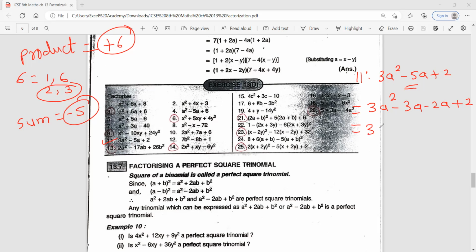Okay, so what do you get? 3a common. Inside a minus 1. What common can you take here? Minus 2. What do you get? A minus 1. Now you can have a minus 1 in one bracket and 3a minus 2 in another bracket. That's all. Got it? Yes or no? समझा कि नहीं समझा? चलो एक और एक क्विकली करते हैं 13th वाला क्विकली